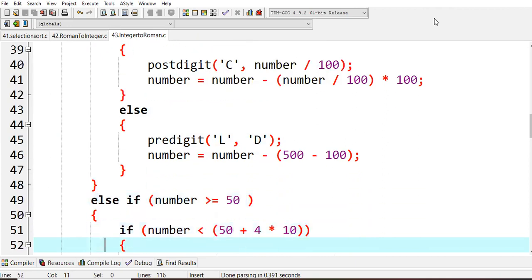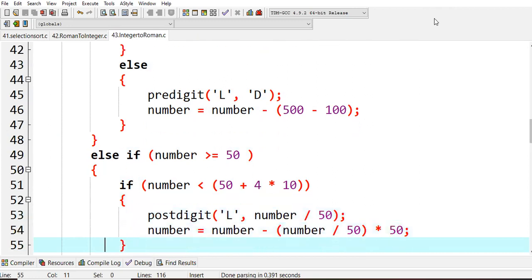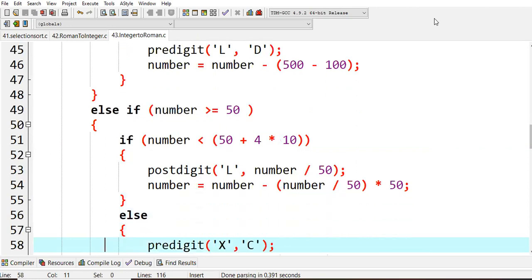So like that, pre-digit number: if you are trying to give less than 50 values, and 50 plus 4 into 10, you will always try to take the remainder value, right? So number divided by 50, whatever the remainder value, you will consider that one, and again you will come to the tens digit, units place or tens place, that also we need to check out, right? So in order to make that one, you are trying to take 50 plus 4 like that,